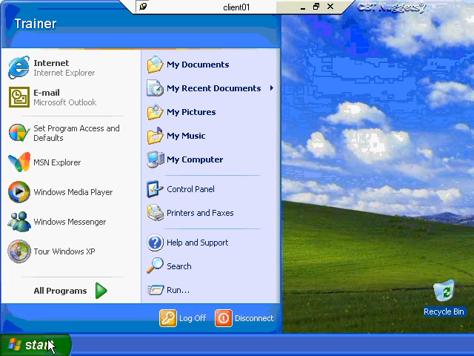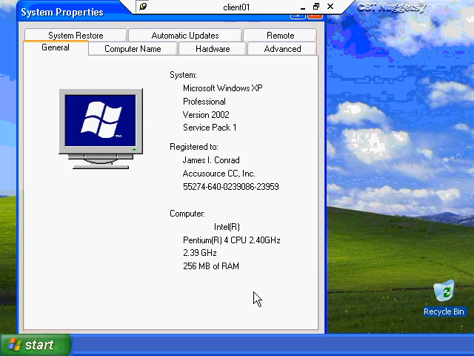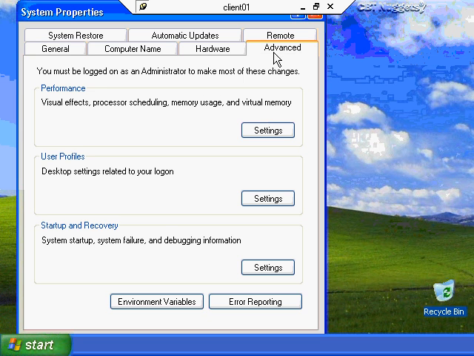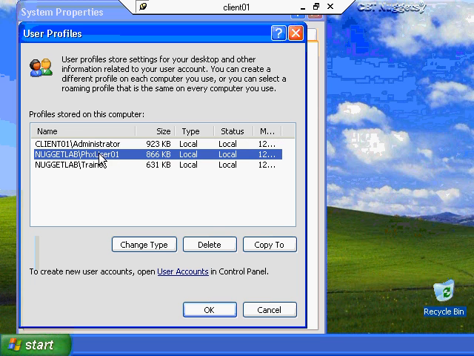Now, assuming that we really like this profile and this user is our pet user, our ideal user, and they've configured their profile exactly according to company standards, then I could right-click on my computer and choose System Properties, where I am right now, and go to the Advanced tab in Settings. My purpose for being here is to identify this profile that we have, and it shows it for us